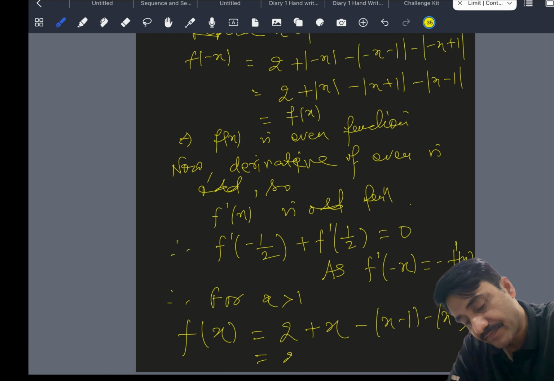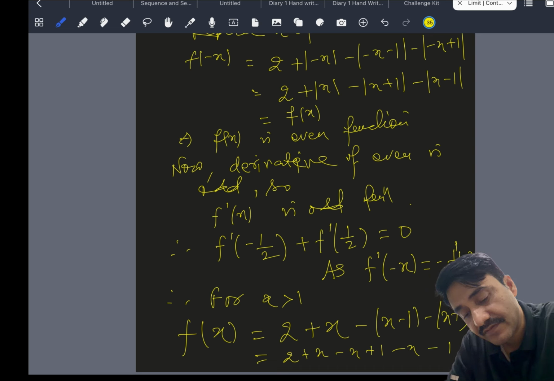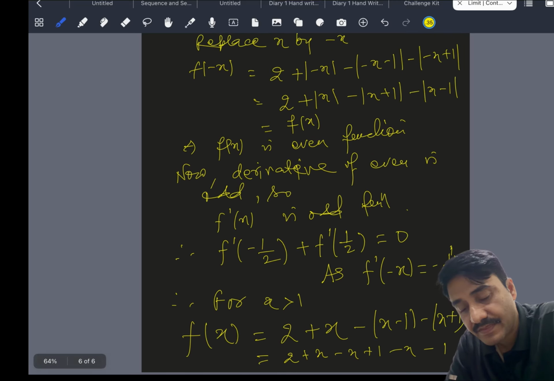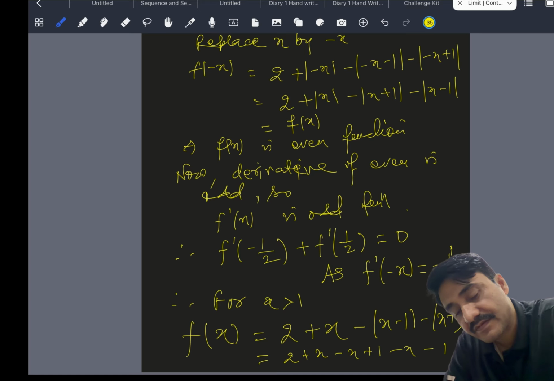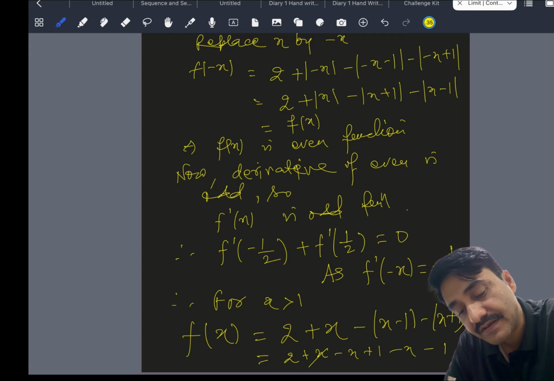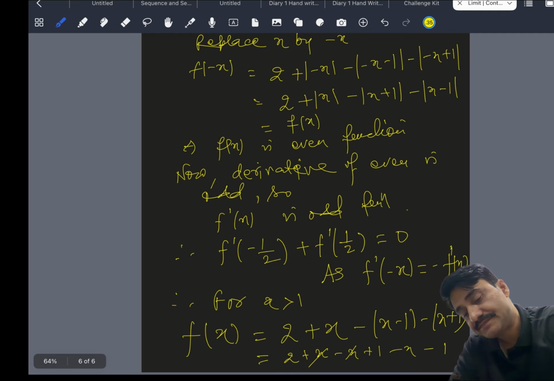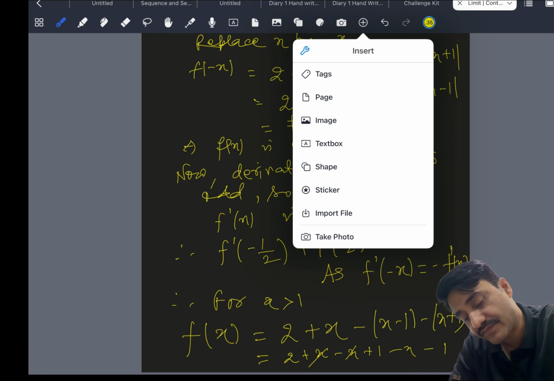Therefore f dash minus half plus f dash half will be 0, as f dash minus x is minus f dash x. Therefore